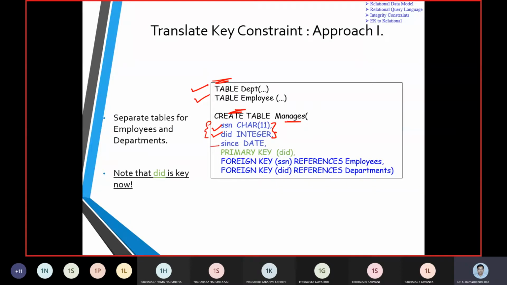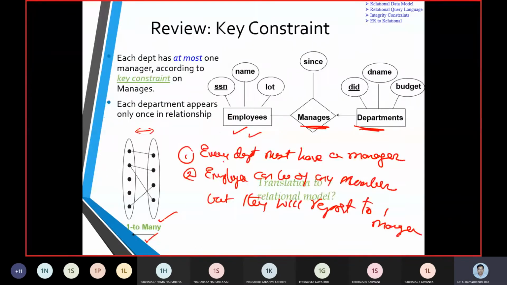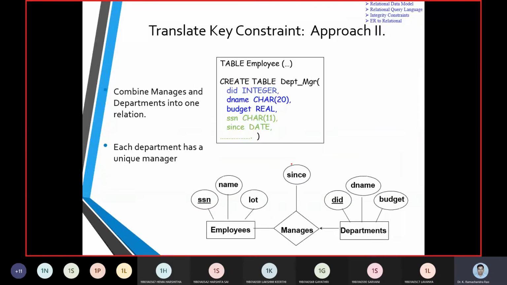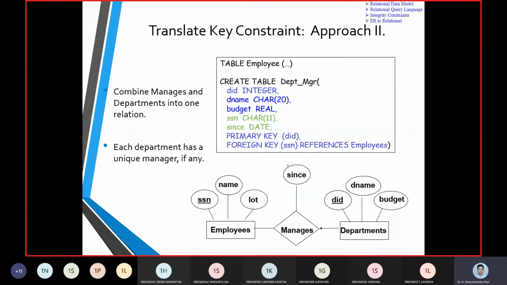Then we have its local variable since, and we include the department ID, taken as a primary key from the department table. You can see the two items we talked about, SSN and DID, are projected as foreign keys.